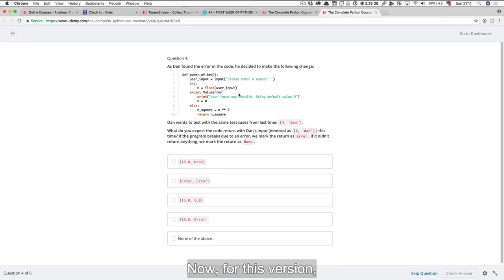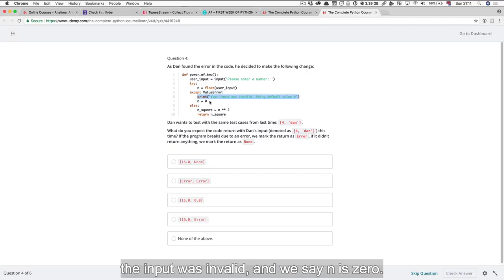Now, for this version, we've got something a little bit different. Fairly similar in many regards. We've got the user input as a string, then we try to convert it into a float and put it into the variable n, and then if an error happens, we print out the input was invalid and we say n